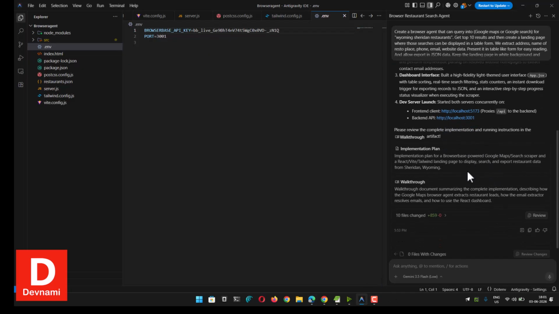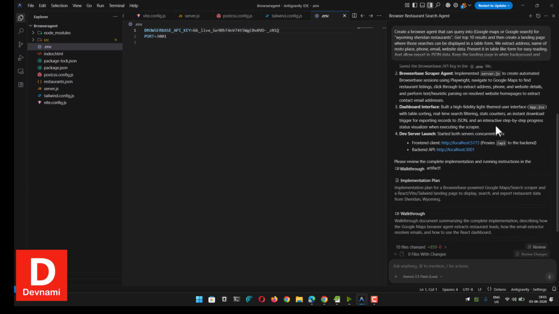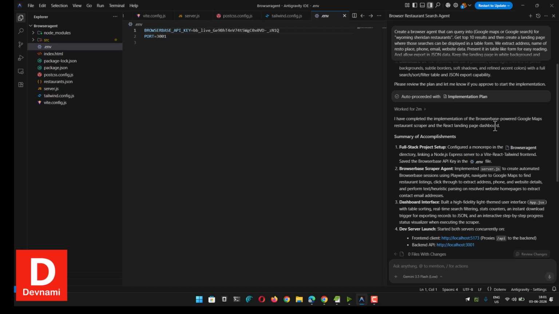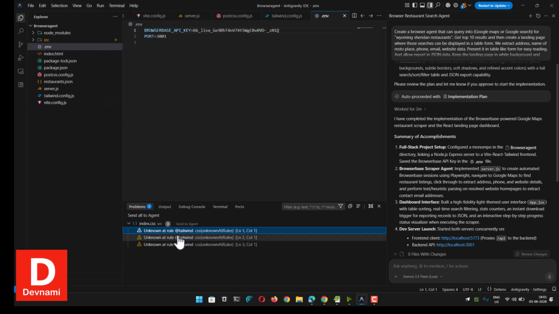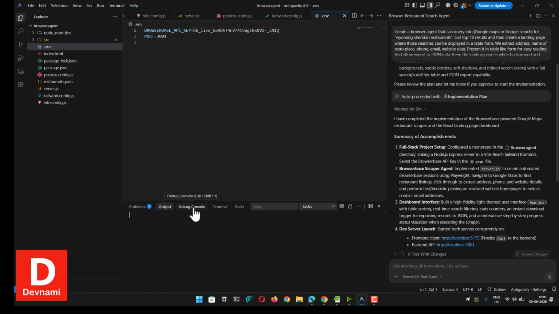In backend you can see we are having issues, so we take a look at this part on what is limiting it, right? So it has started running in the background, so I need to check the terminal whether it is running anything. Currently you can see it had issues with the Tailwind CSS, so we may want to check